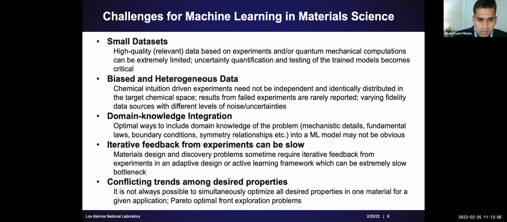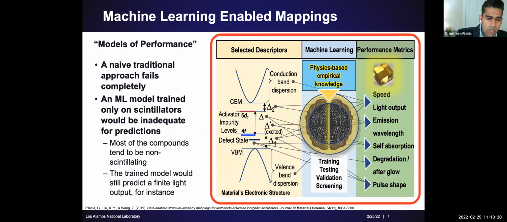So these are the challenges, and during the course of these projects, we encountered almost all of these challenges in some form or the other. And so we are going to come back towards the end of this talk and revisit each of these. So let me get started on how we started.